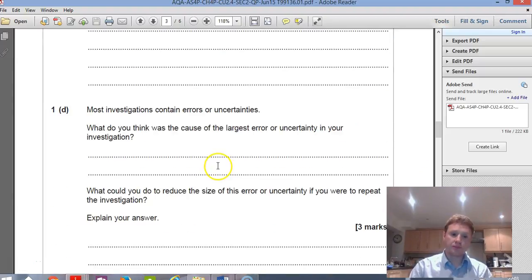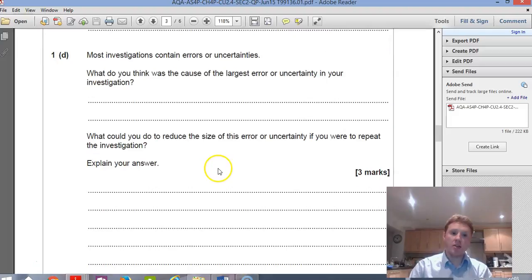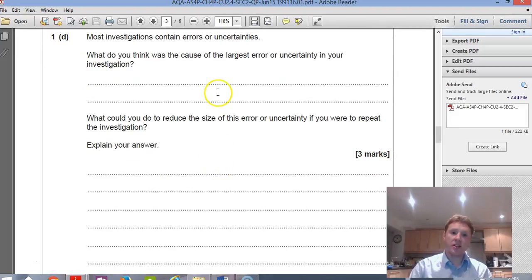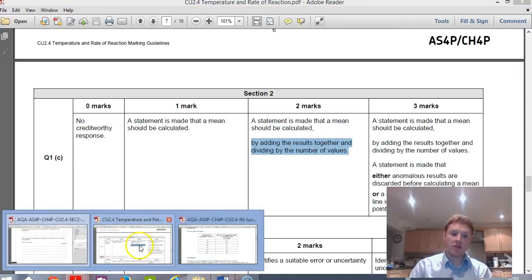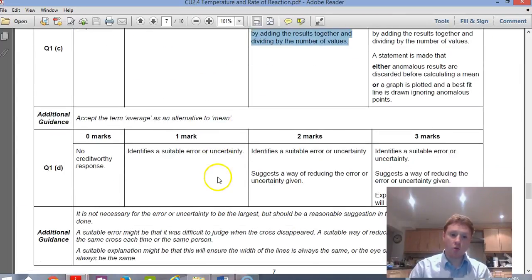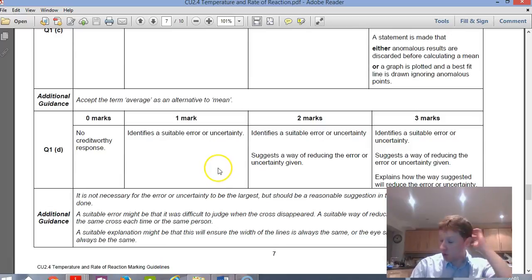Right, question 1D. Most investigations contain errors and uncertainties. What is the largest error? How would you reduce the size of this error? So you'll have to think about yours. But in the case of temperature and rates,